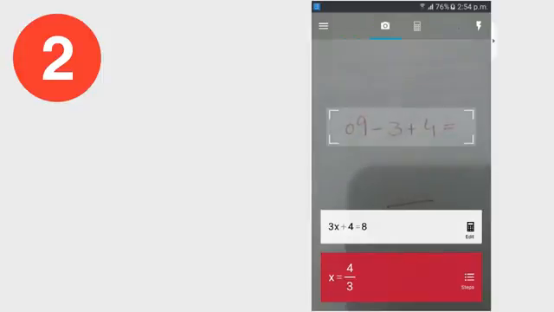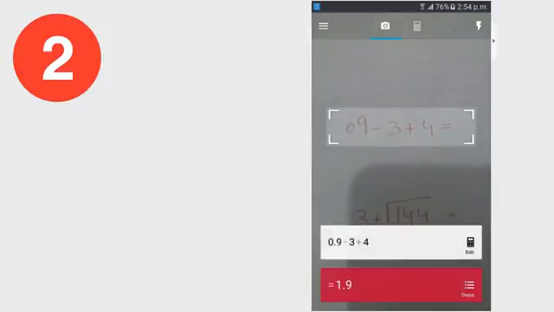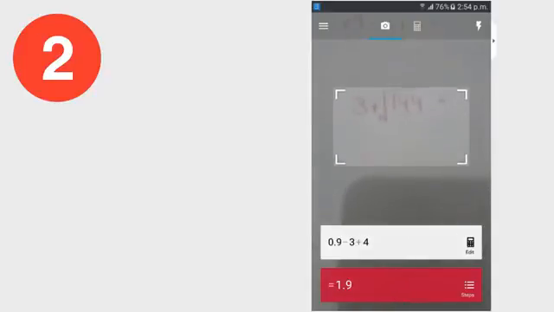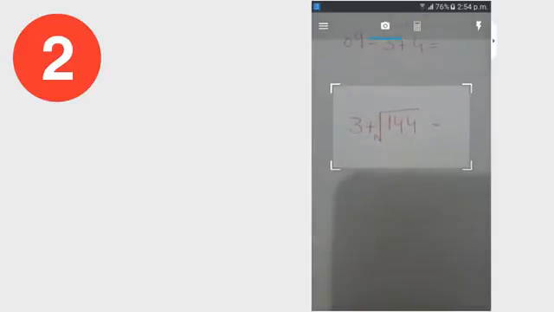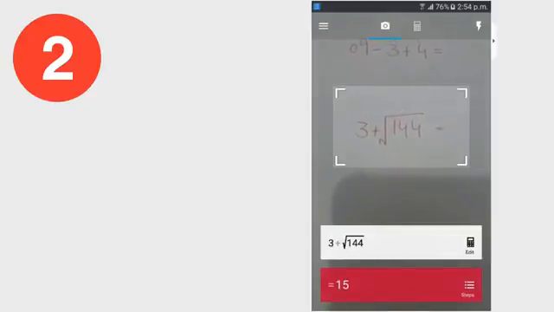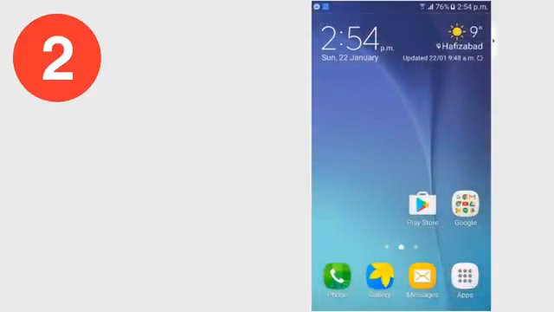a camera over there. You need to scan your mathematical question with the help of the camera, just like you scan a QR code. Now wait for a few seconds and it will automatically detect the question and instantly give you the answer. This is a perfect app for those who want to carry a math teacher in their pocket. This is one of the best ways to solve math problems and it also makes learning better. And it is also useful for parents too because they can now easily check their kids' homework with just a